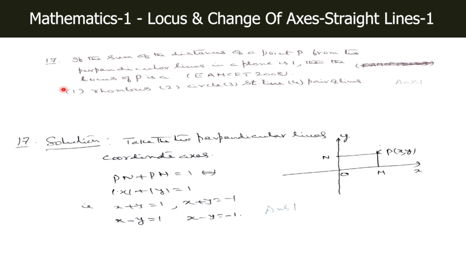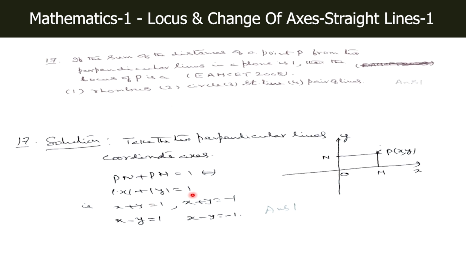17. If the sum of the distances of a point P from two perpendicular lines in a plane is 1, then the locus of P is a rhombus, a circle, a straight line, or a pair of lines. Okay. Now, without loss of generality, you can take those two perpendicular lines as the x and y axis. Take the two perpendicular lines as coordinate axes. Now, PM plus PN is equal to 1. That means mod x plus mod y, because the distance of a point (x, y) from the x axis is mod y, from the y axis is mod x, and by hypothesis mod x plus mod y is